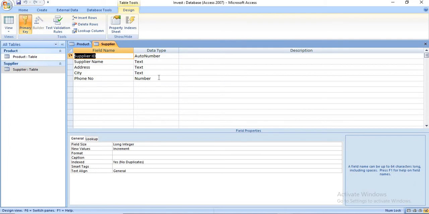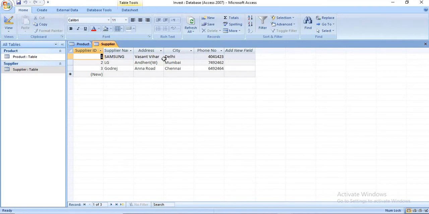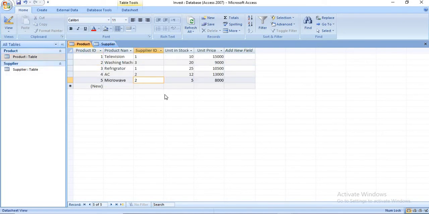Okay, this table also you have to create, and then add all the information related to the supplier table with the help of datasheet view. Important thing: supplier ID takes its ID automatically. So 1, 2, 3 are the supplier IDs. In the product table you have to add the same. Means, in your product table, supplier IDs as S001, S003, S001, S002, S002.